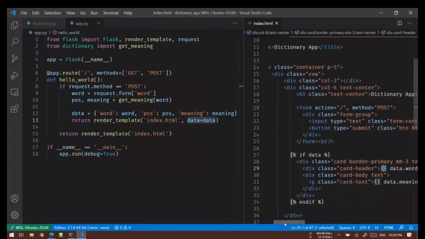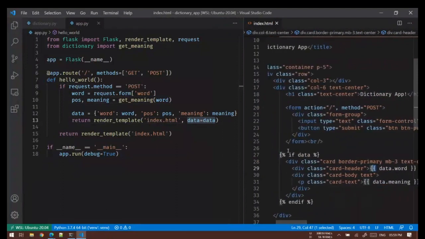Okay. Next is not just that, but you can also use some logic. So the logical part. In Jinja, this is a rough idea, not a golden rule of thumb: if something has double curly braces, that means it is to be shown in the front end. If something has a curly brace and an operator, that means it is going to perform some logic or some operation. This won't be shown in the front end.